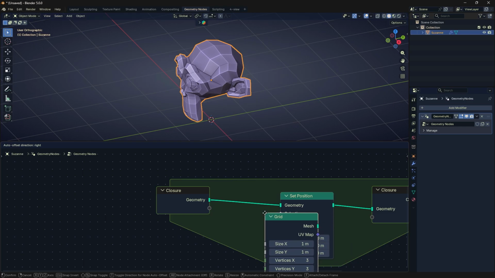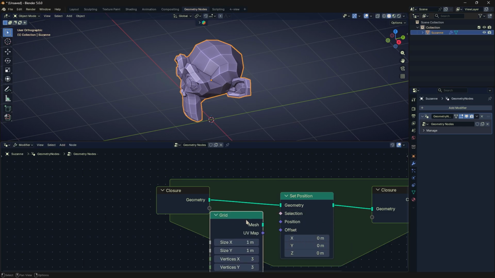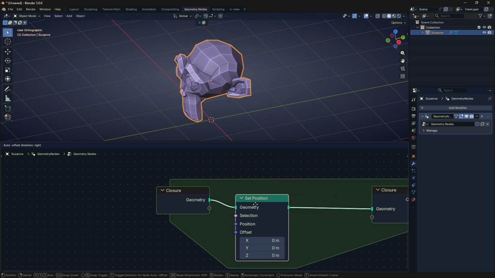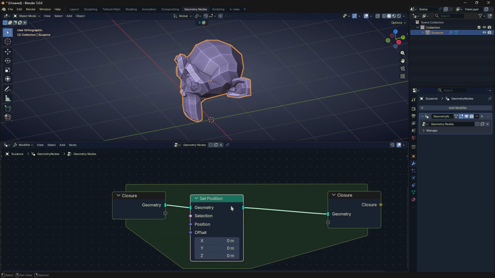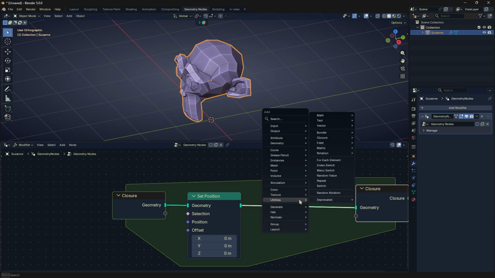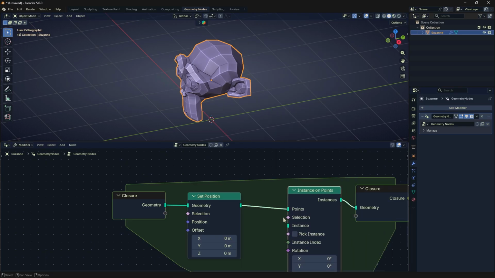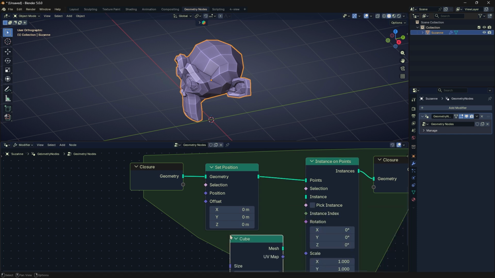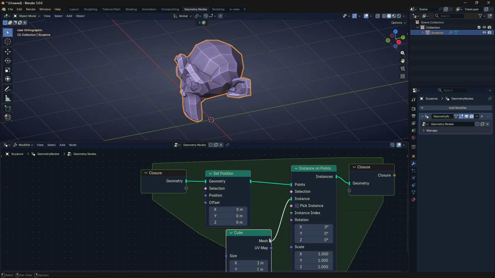Let me actually do a grid geometry. No, it will not work, right? It will not work. Okay, so I need to set something like that. Then maybe let's do instance on point, and let's add cube maybe. Let's add that there,